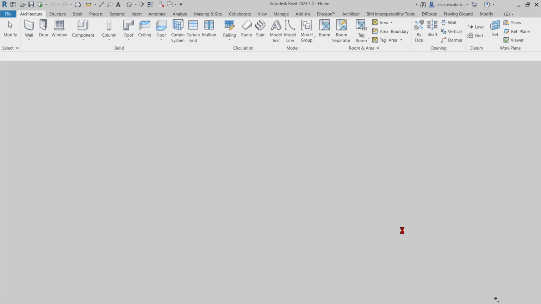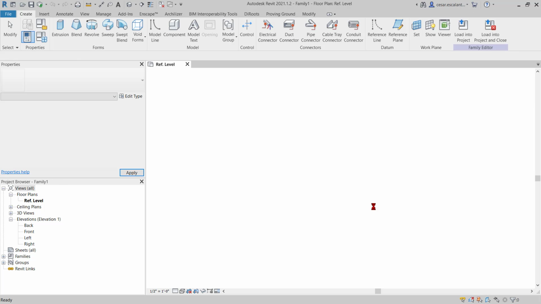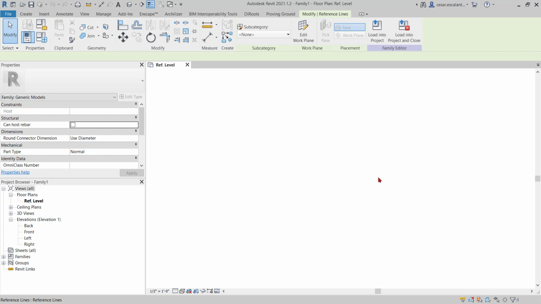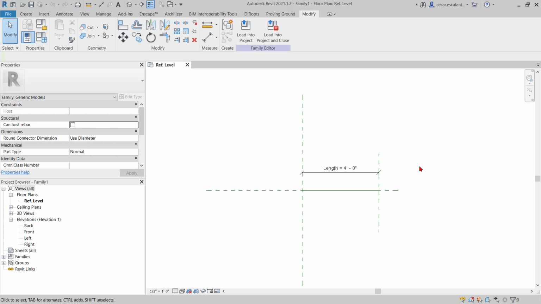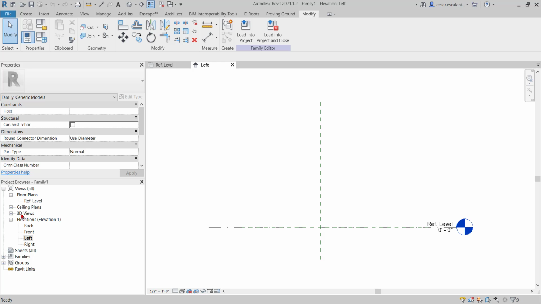The way this family works is that it allows you to create flexible families that stretch along the length of a line. So it has this construction line along with this reference line that can be used to host geometry and arrays display. I'm going to open the left elevation and a 3D view